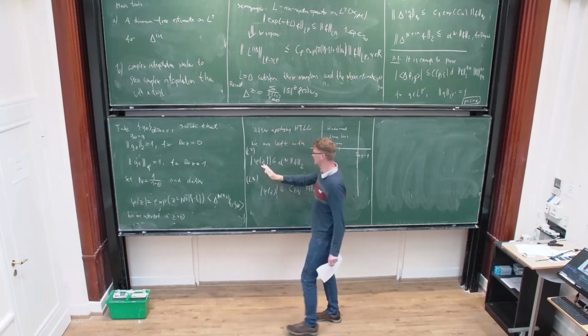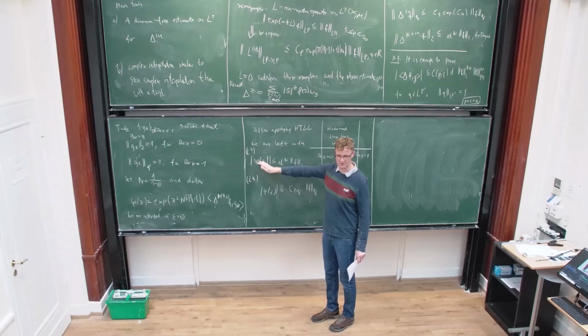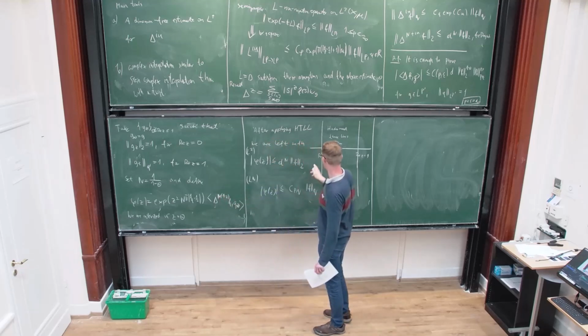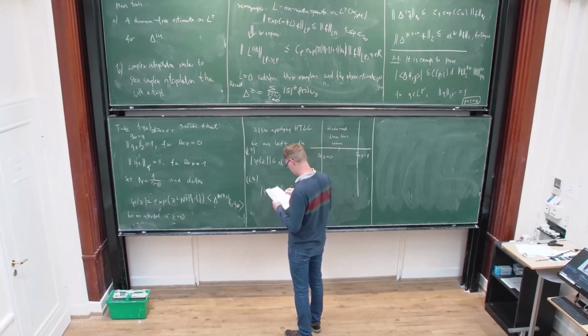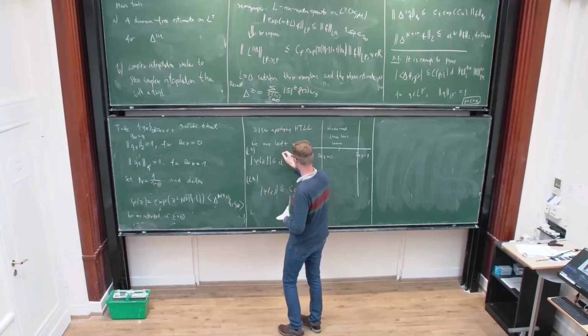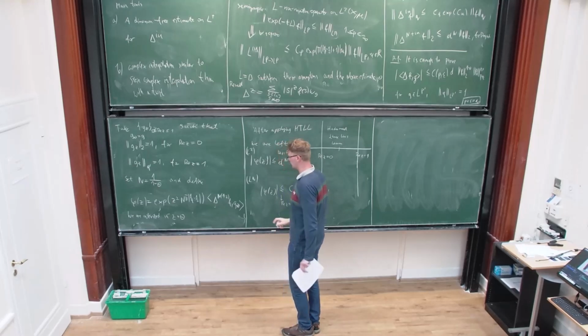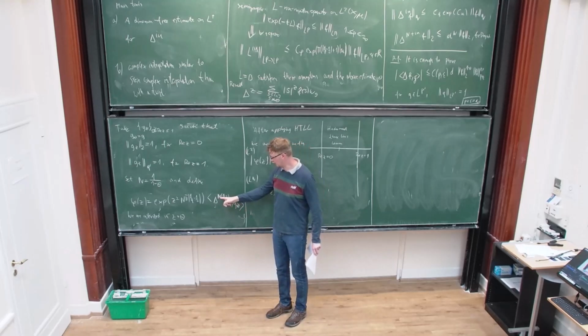So okay, this is just the L2 bound, which just follows from the fact that powers of the Laplace operator, you have delta to the n times 1 minus z, and now this is for the real part of z. So this is real part of z0, and this is real part of z1. When the real part of z is 0, this is essentially delta to the n times 1 minus some imaginary number. And if you're on the L2 space, then this will be controlled by d to the n, because the imaginary powers are contractions, isometries on it.